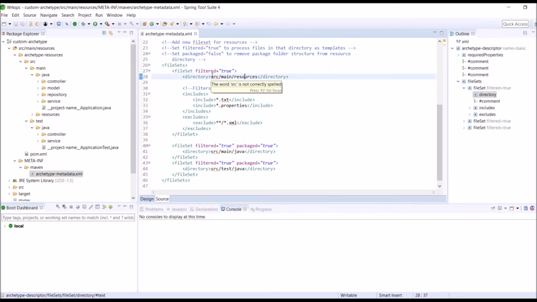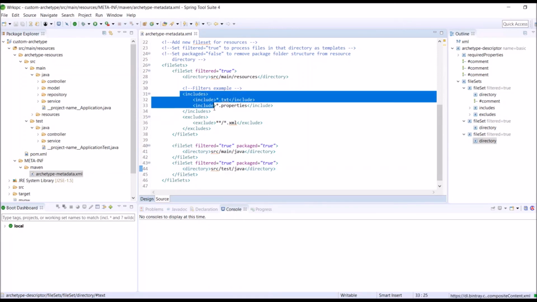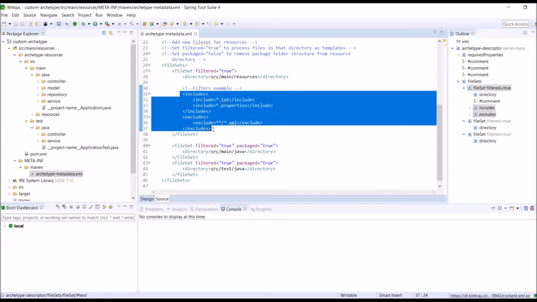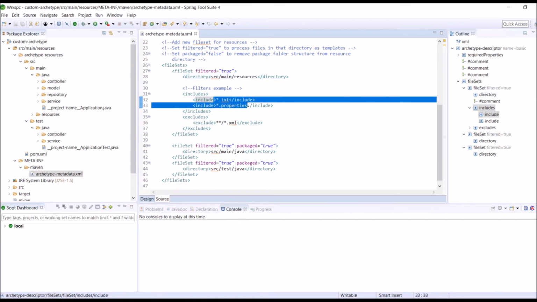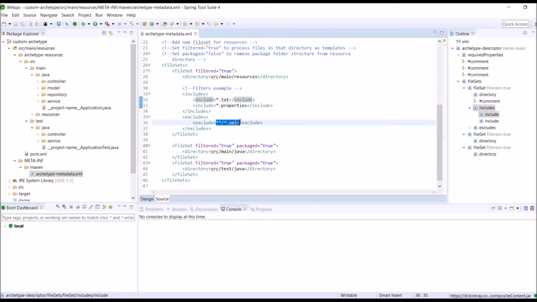So the folders are going to be src/main/resources, src/main/java, src/test/java. And if you see, we also have the option to include or exclude any file. For example, inside the resources folder, I can include only .txt and .properties files and exclude .xml files.